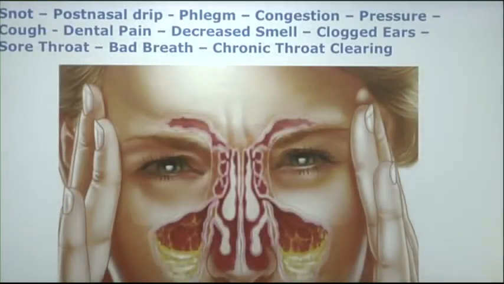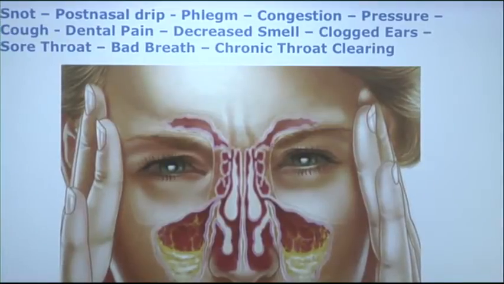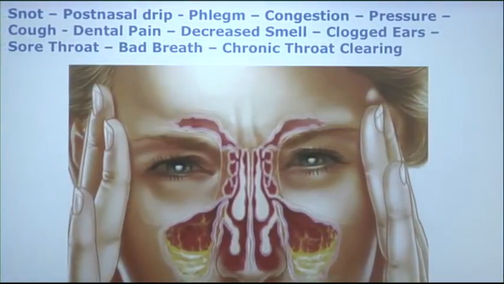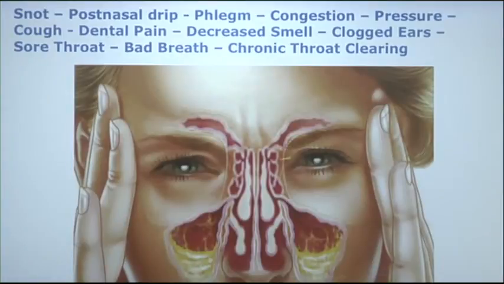What does the patient notice? Well, the patient can notice drainage, whether coming in the front as snot or boogies, in the back as postnasal drip or phlegm, congestion, either in the nose or in the face in general, pressure in the ears or nose, cough, dental pain because the maxillary dentition roots are at the floor of the maxillary sinus. So if there's pus in the sinus, it can irritate roots if the bone is very thin or there's no bone there. Decreased smell, clogged ears